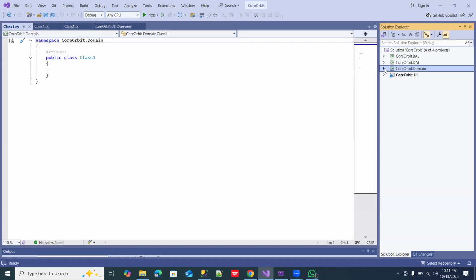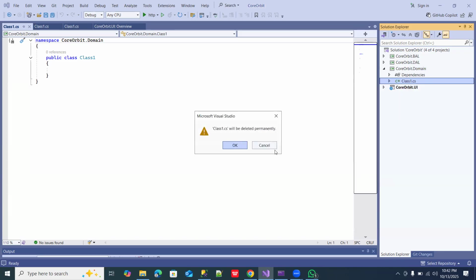The service we can put inside the data access layer, where we just call the stored procedure via ADO.NET. We are creating these four layers: the business access layer, data access layer, user interface, and the domains. Inside the domains, we are creating some